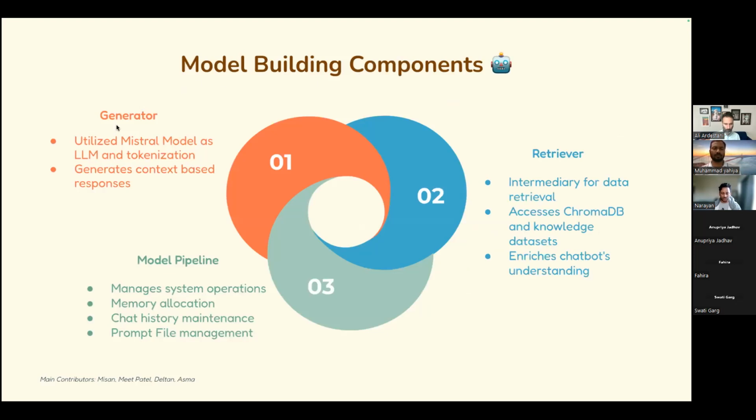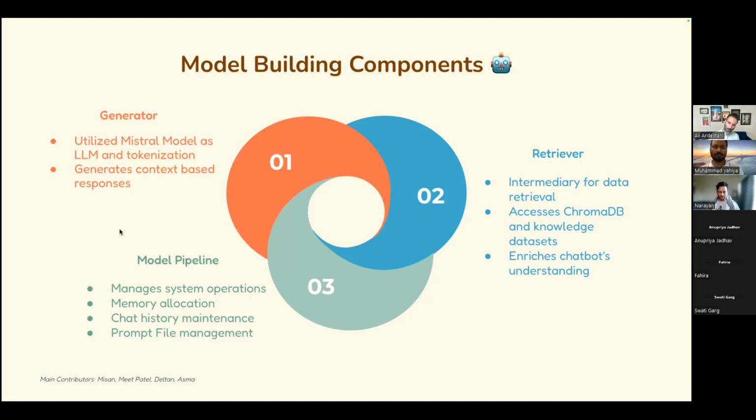These are the main three components we have used: generator, retriever, and model pipeline. The generator connects to Hugging Face and gets the LLM model from Hugging Face, and the retriever connects to ChromaDB and retrieves the embeddings based on similarity search.